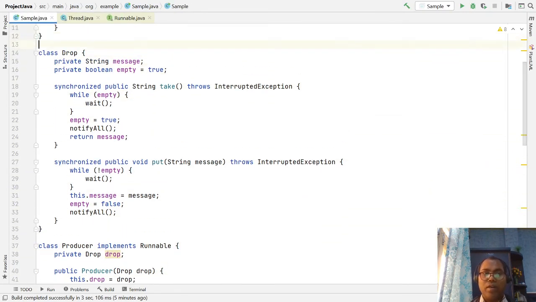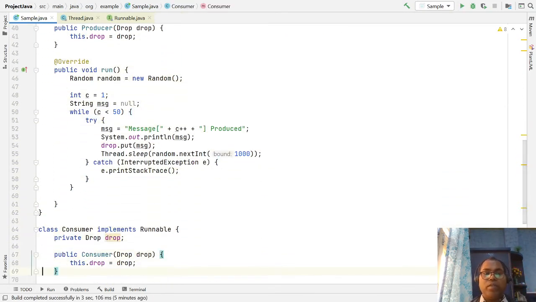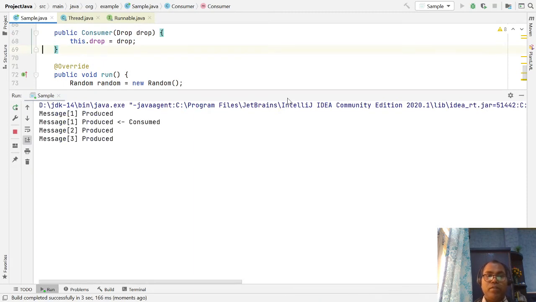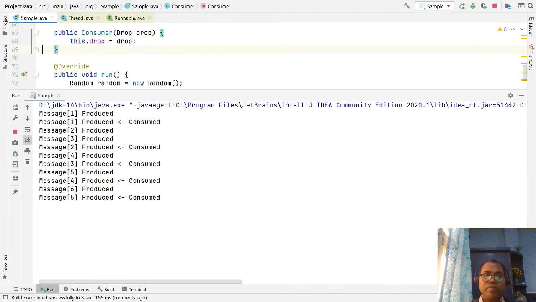So let's run and try to observe the output. In producer consumer, each and everything is okay. Now let's run it and look at some output.